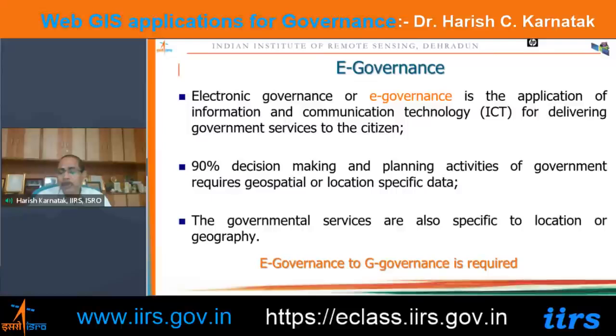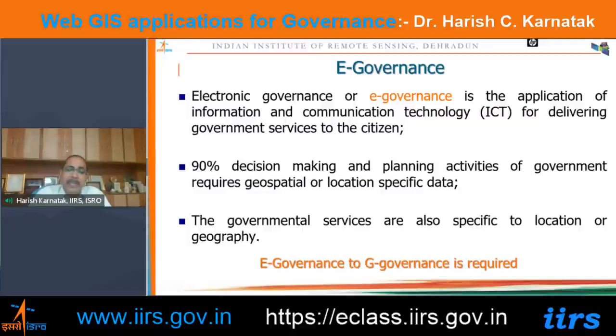where you must be using the word called geotagging. What is happening is, you do any development activity on the ground, you can geotag it so that on the map I can monitor the spatial distribution of this activity. So here, most of the government programs, in fact around 90% of programs, require maps. Good quality maps can produce a good quality plan. An effective plan can be prepared here.